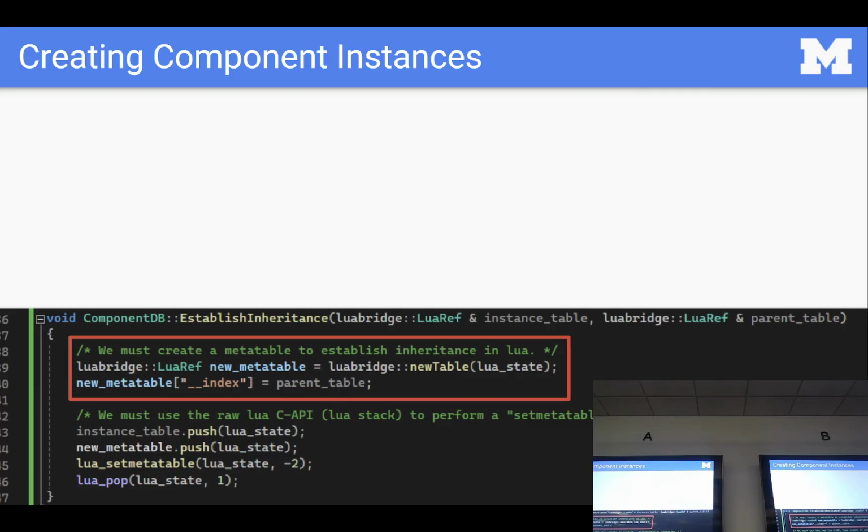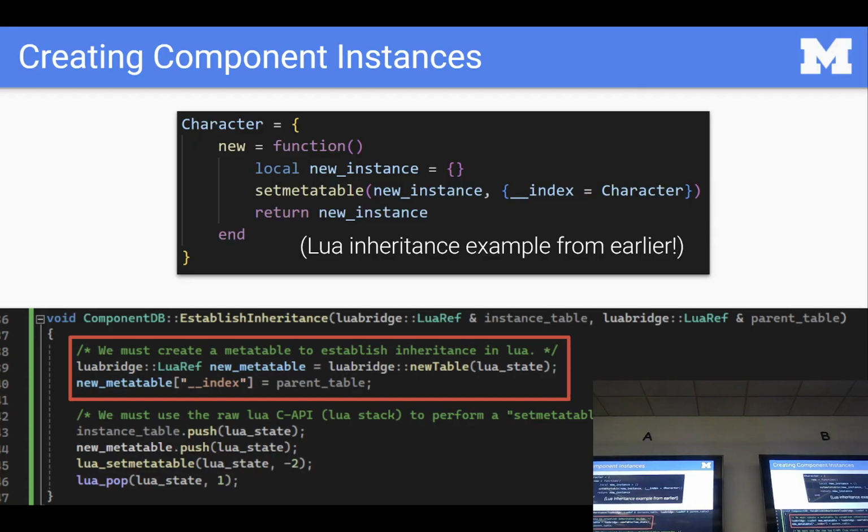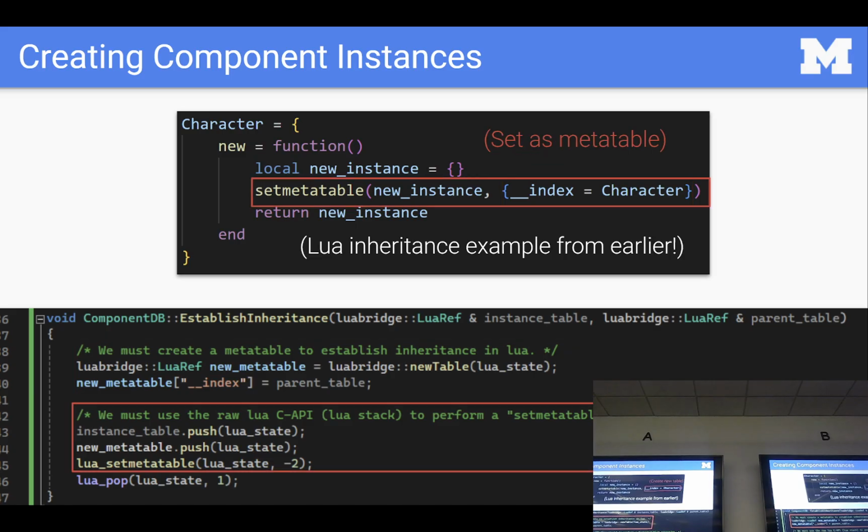And we're going to give it our stack. I think -2 says, hey, look two down on the Lua stack to find the parameters you need. What we've just done here is we've just done this line of code. We're setting a metatable, and the reason this looks so weird and requires three lines of code is because of this raw Lua C API,